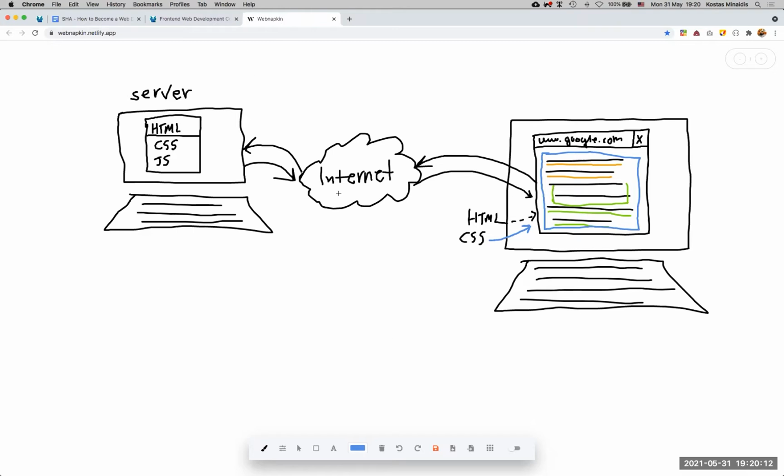Everything that we see in a web page is made through HTML. That is the content. The CSS is the decorator. It applies the styling to our web page. And then the third language, JavaScript or JS for short, is what makes these websites, makes this content available for, let's say, interaction. JavaScript is a programming language that makes our web pages